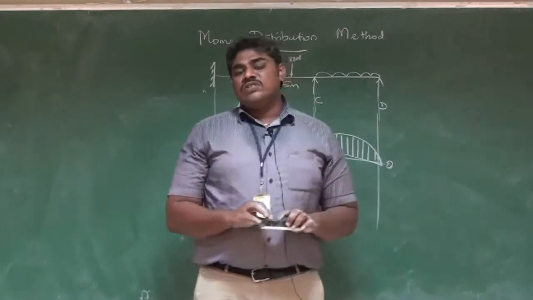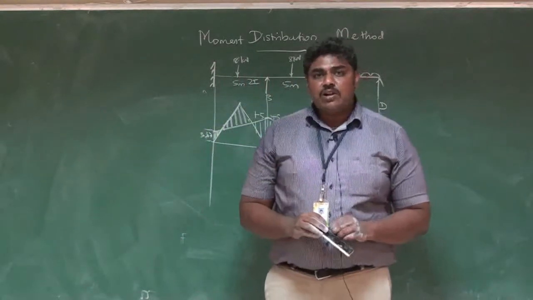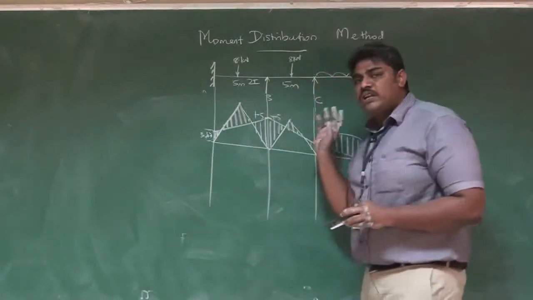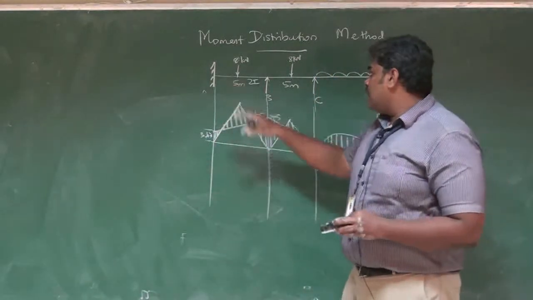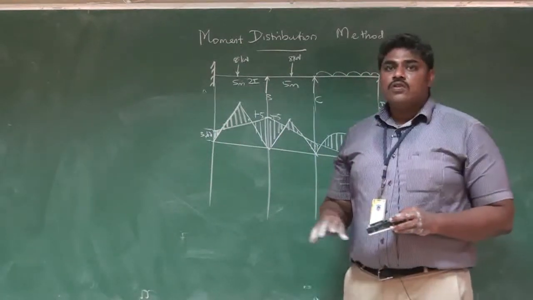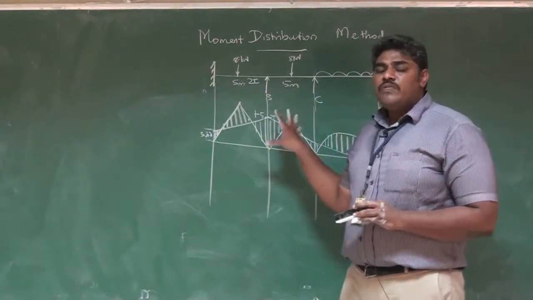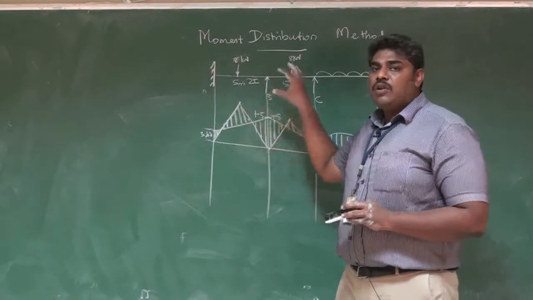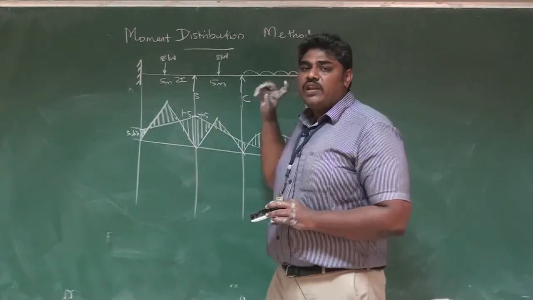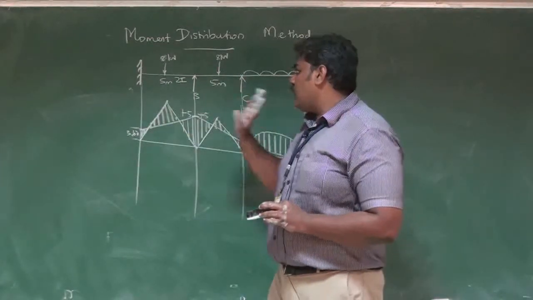It deals with 4 steps. The first step will be calculating the fixed end moments. Normally 3 types of loading we regularly use. One is central point load, another is a point load other than the center, and a UDL load. Right? So the formulas I think you will be familiar with: WL by 8, WL square by 12, WAB square by L square, and WA square B by L square. So these are the general formulas for fixed end moments.